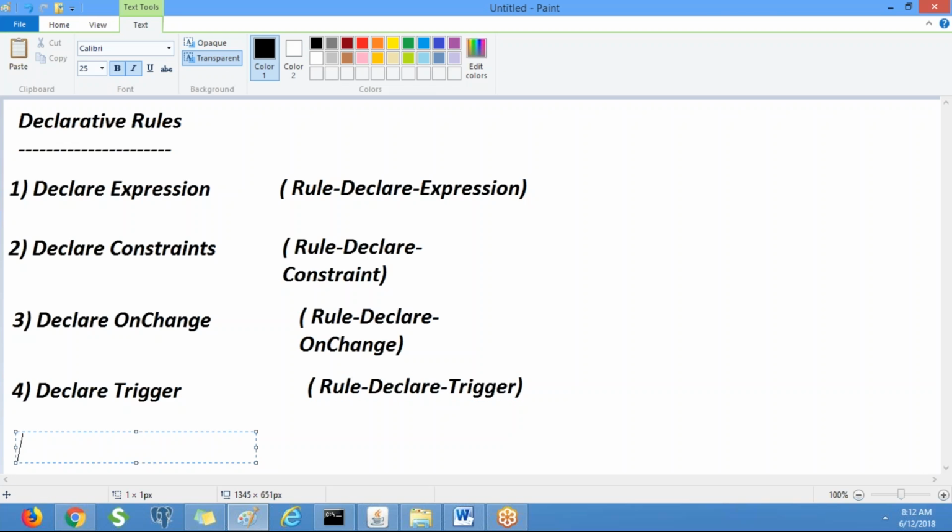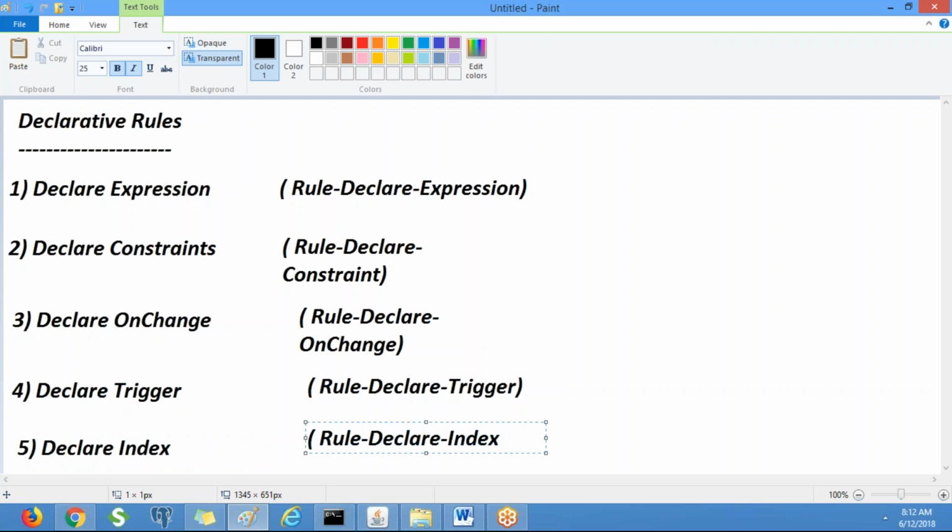Next, declare index is an instance of the class Rule-Declare-Index. This is a semi-declarative rule and is available under the sysadmin category.